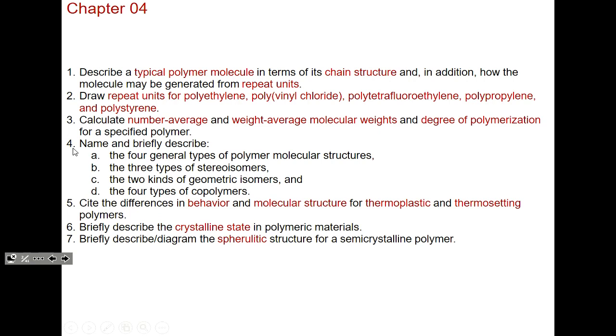And then we'll talk about terminologies like weight average and number average molecular weights, what is an isomer, what is a stereoisomer, what's a cis-trans isomer, right? And what's a copolymer? It dictates all of your life and all of your electronic devices, by the way. So we'll talk about that in great detail, okay? So